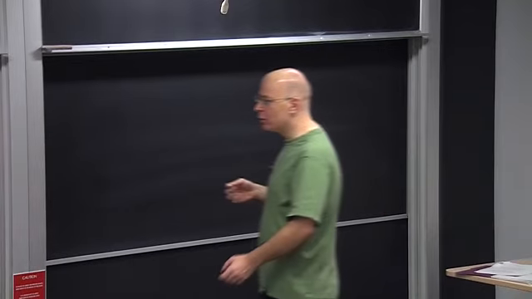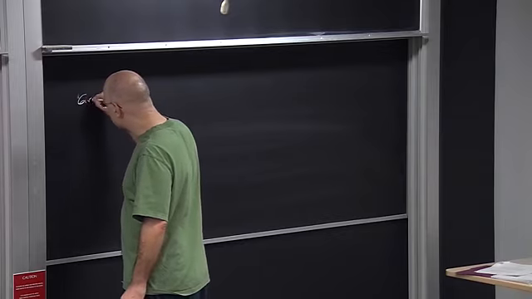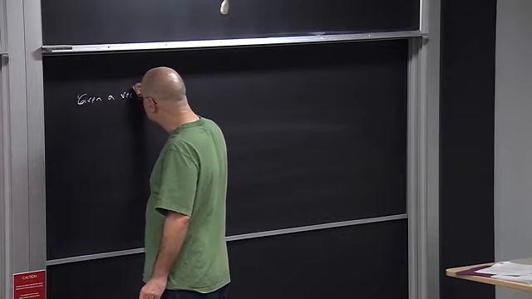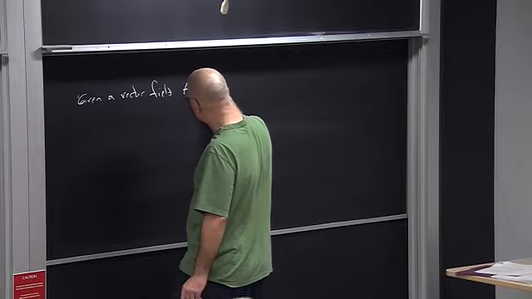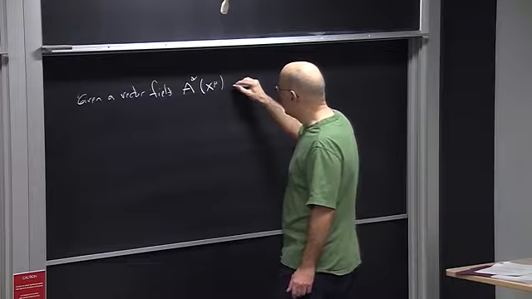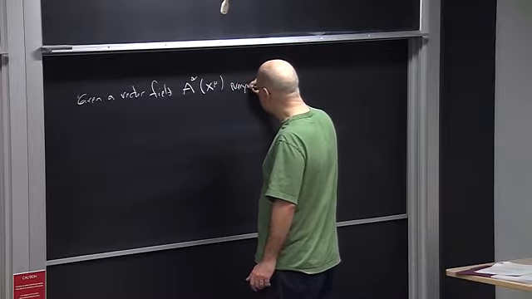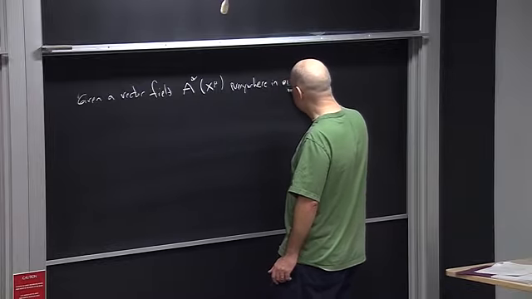So that would be the covariant derivative. So if we're given a vector field as a function of the coordinates now everywhere in an open region,